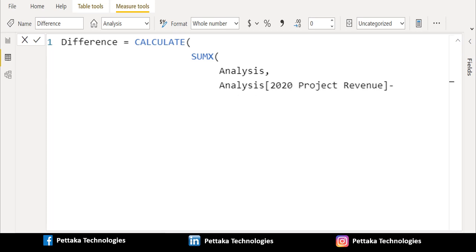We select 2020 project revenue from analysis table and we will use minus symbol to subtract two columns in Power BI. Select the column 2019 project revenue from analysis table to get difference between two columns in Power BI. Use closing bracket to close the calculate DAX function.